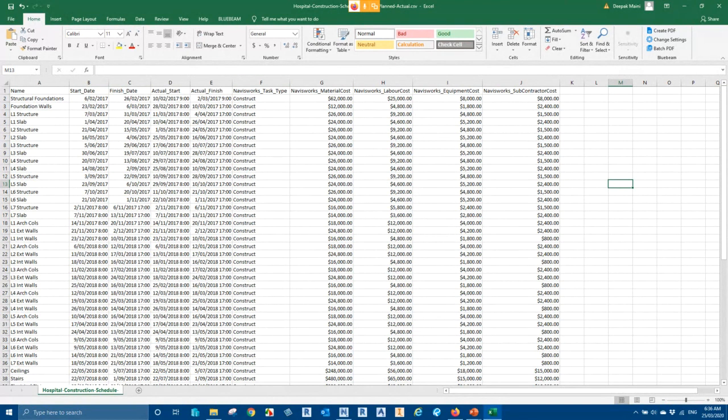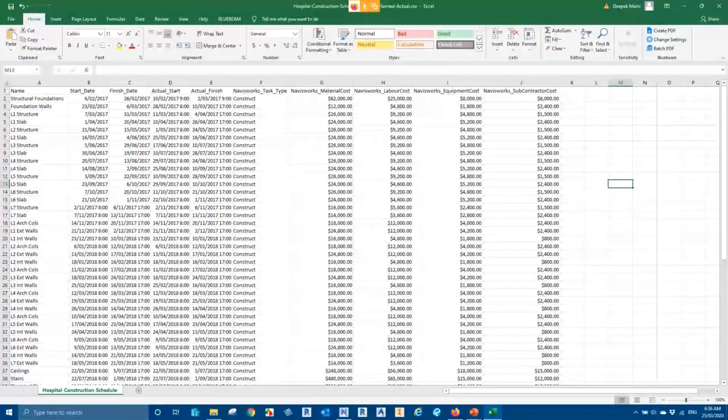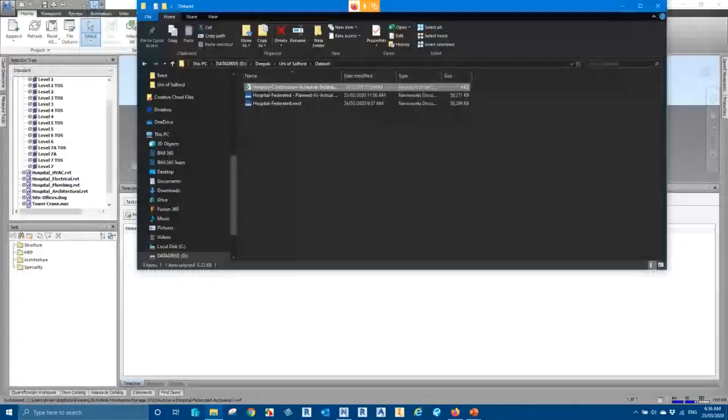Now the task type that I've got here are construction tasks, and these define how the elements are going to be displayed during my simulation. I'll explain this in a sec. And then I've got some columns that define the cost as well. So if I close out of this file,